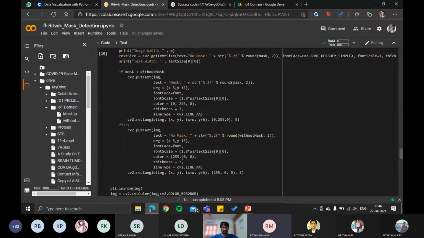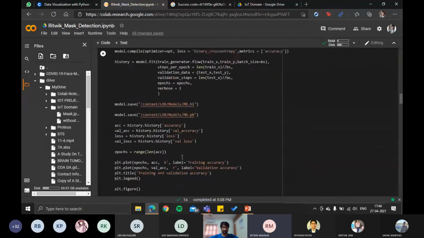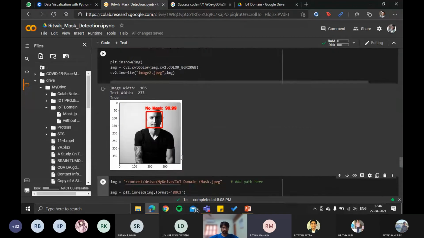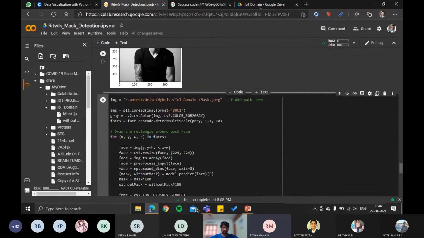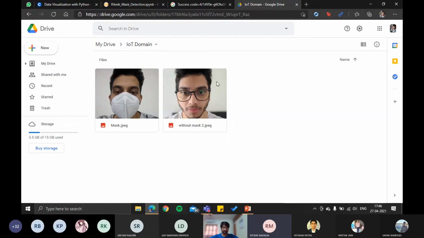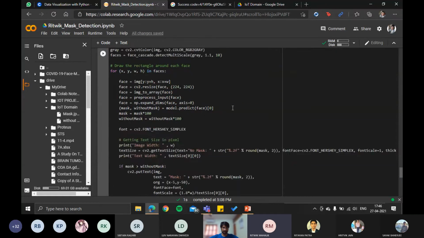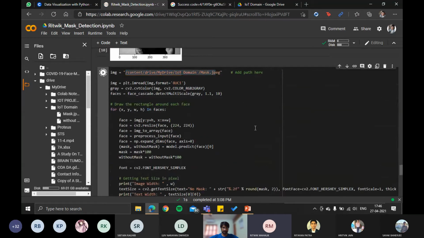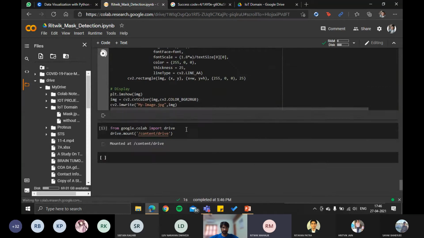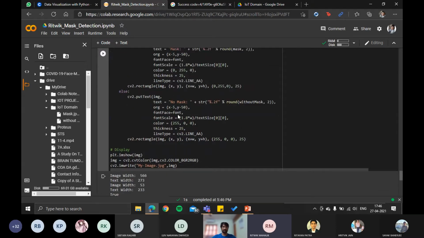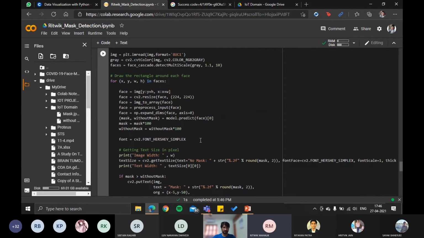So this is the whole code. We have already run it because training the dataset takes time. So yes, I've already trained the whole thing. I'll just show you directly. These are a few examples. We added a few pictures in a Google Drive, and we are going to run them over here. So this is one of the pictures with the mask. Right now there's no output. I'll just run it. And so this is the output with mask. It also detects the accuracy. We can also do the same thing without mask. I'll just show you the demonstration.